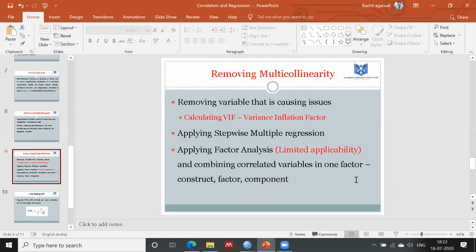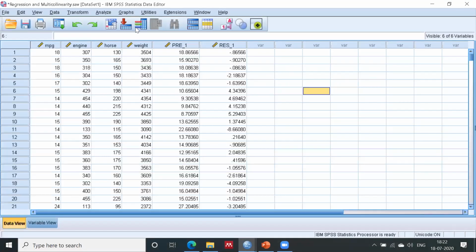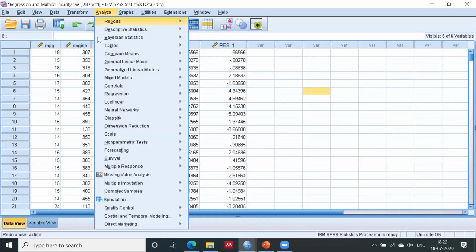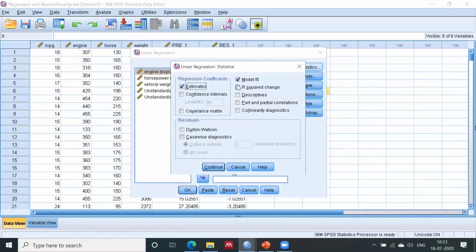So let's understand the concept of multicollinearity in the regression. You need to go to the same option, linear regression, right? I have already selected MPG as the dependent and all others as independent variables, right?